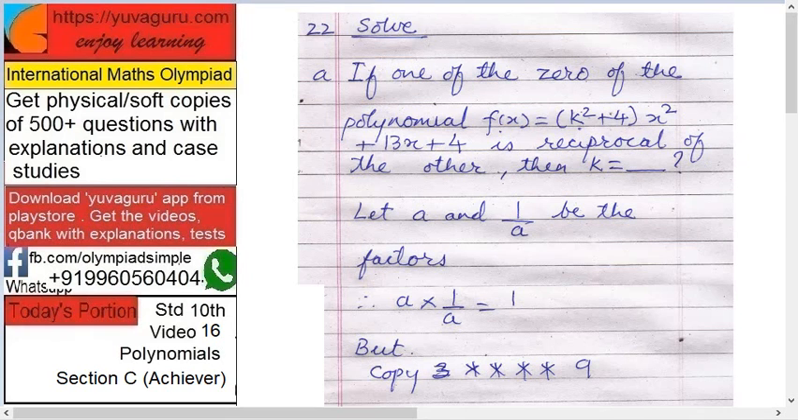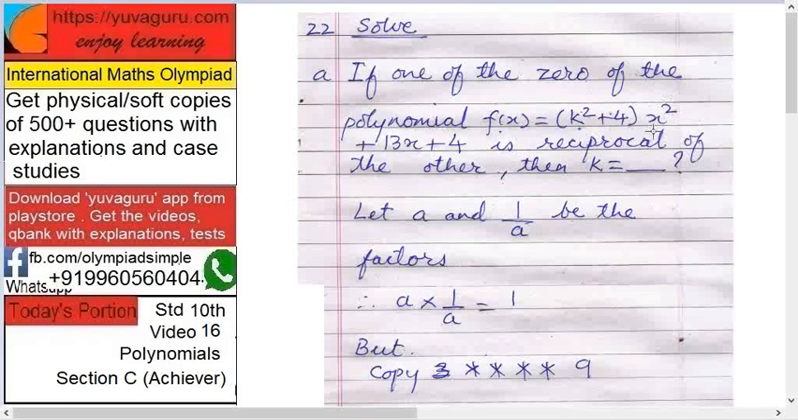Next is solve. There are 3 sub questions to this, A, B, C. We'll solve one by one. If one of the zeros, meaning factors, of the polynomial f(x) equals (k square plus 4) into x square plus 13x plus 4 is the reciprocal of the other, then k equals to,